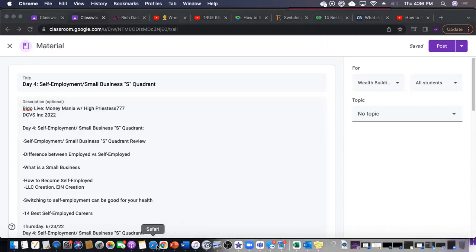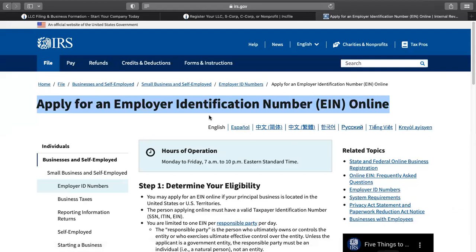So anyway, to create your EIN number, and this is very, very important to have, as creating an LLC, an S corporation, or a C corp, or even a nonprofit, you got to have an employer identification number. You don't want to be doing business under your personal social security number. Without being incorporated, someone can actually sue you as a person and not your company, which is a separate entity from you. So you always want to do business with your employer identification number, so you'll be able to do business properly, and you'll be able to start building what is called business credit.